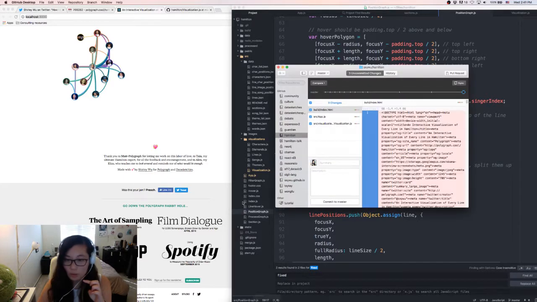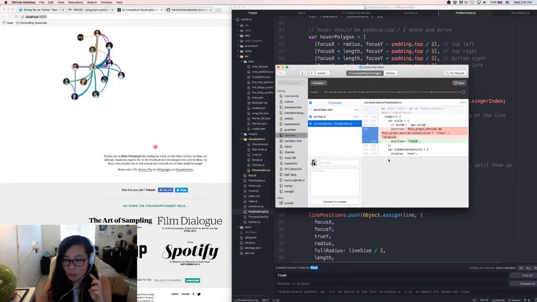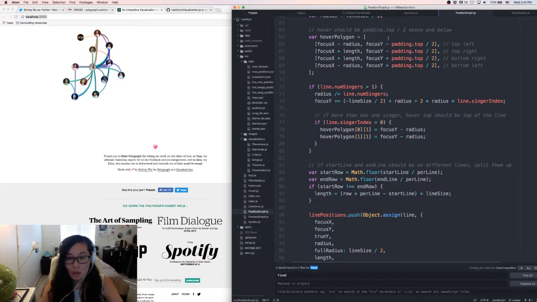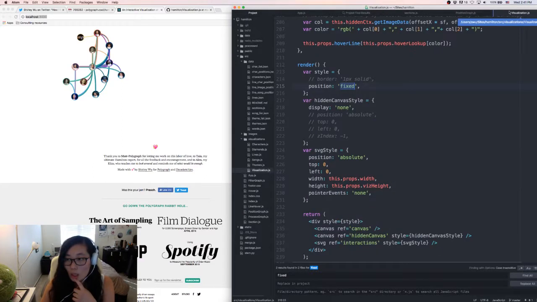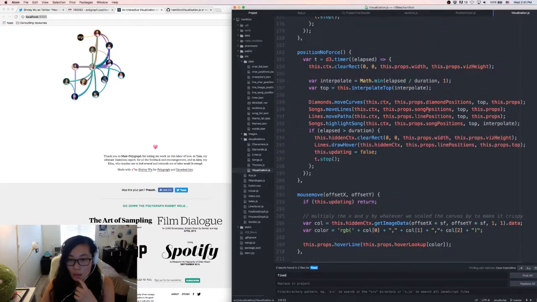Actually, I should comment this. Canvas, reduce height to windows, fix position. And let me try and remember. So the original thing that I thought of was,